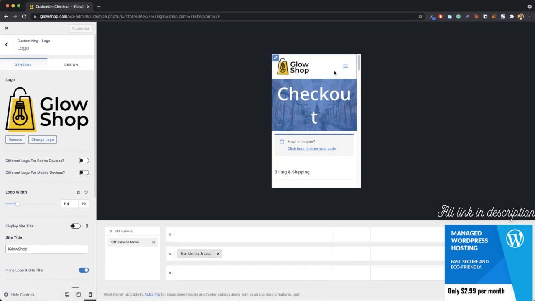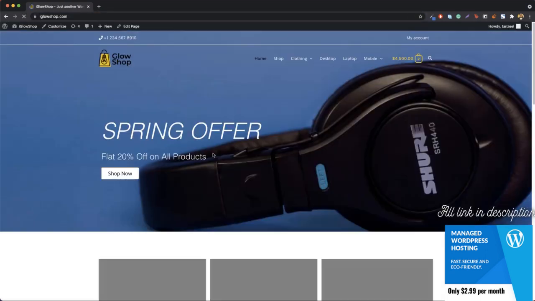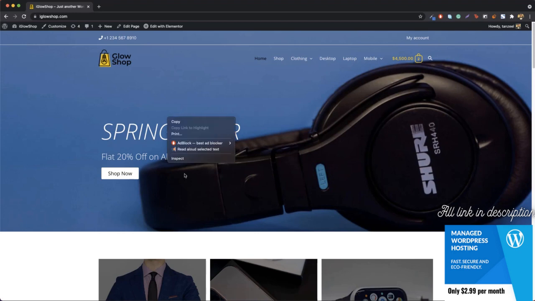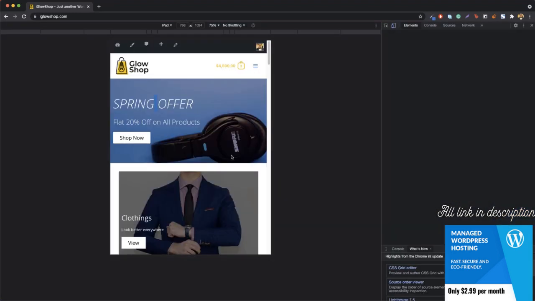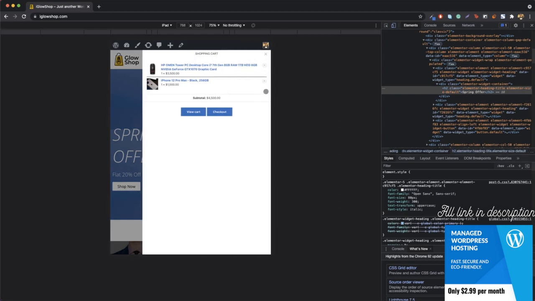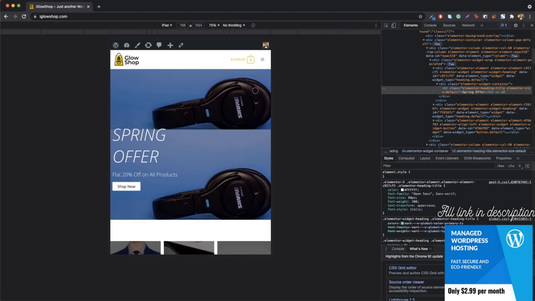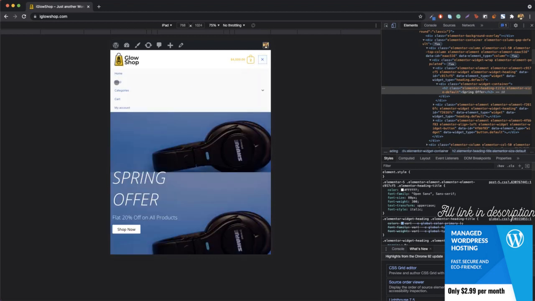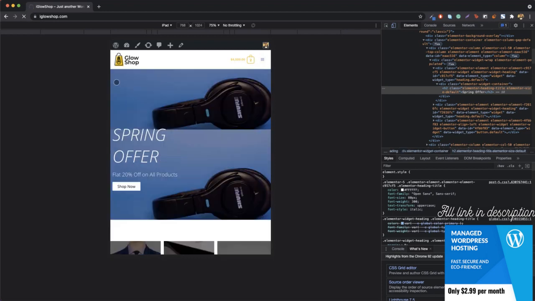We have added our cart page, our cart option onto our tablet. So let's see how the cart is looking on a tablet device. What I'm going to do is go to the inspect right here, and you can see we've got this cart. And when I click on it, I've got this cart coming up from the sidebar, and this is how it's actually working. Now, if we go into the shop page right here,